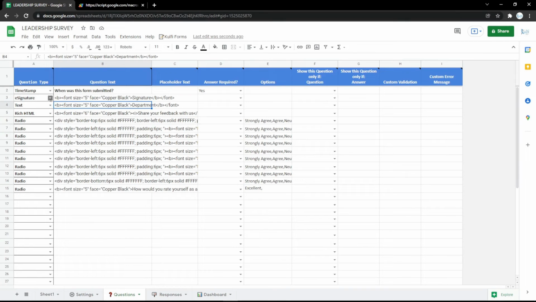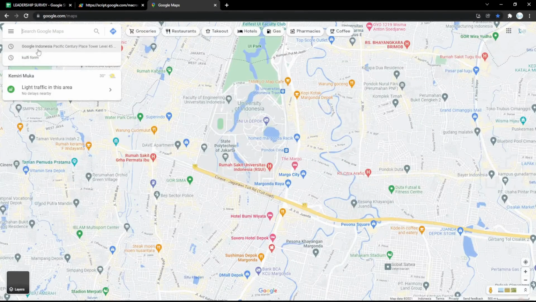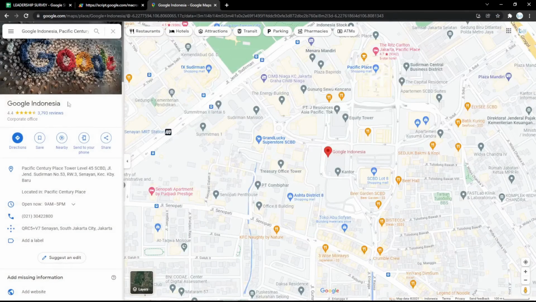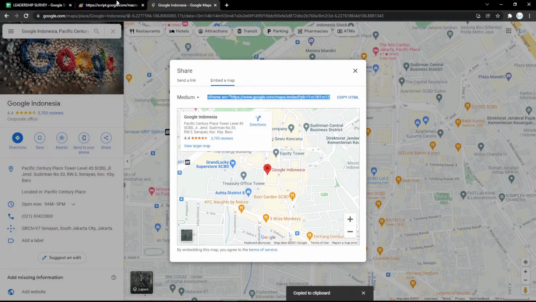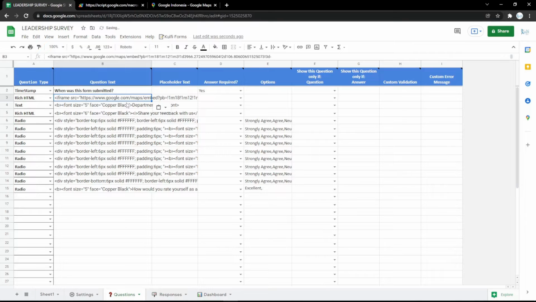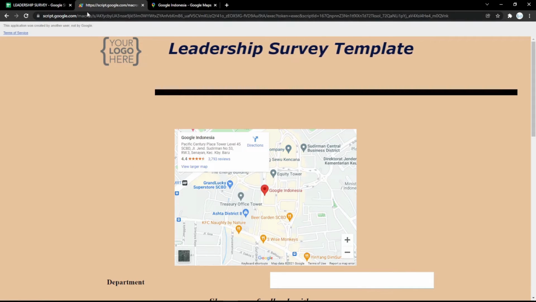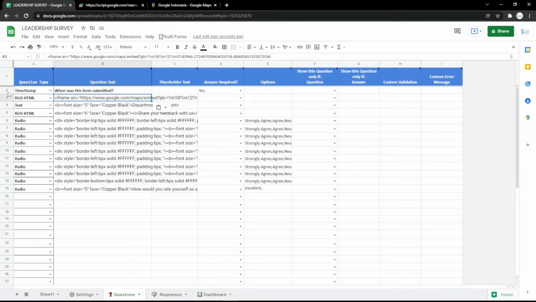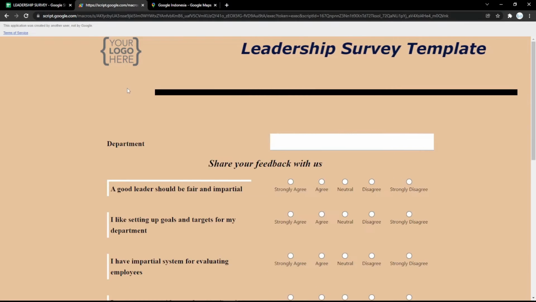And then you can also use the HTML like this. So for example I use Google Maps here. And just copy the link of the location. Then you can paste it in the rich HTML like this, so the location will be shown in the form like this. For example, you can also delete the row if you don't use it anymore, so it will disappear